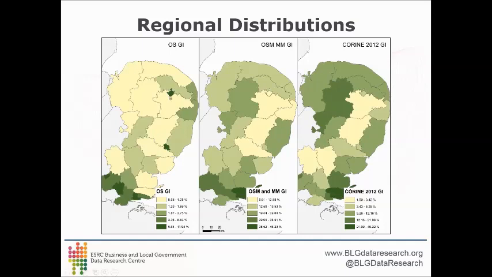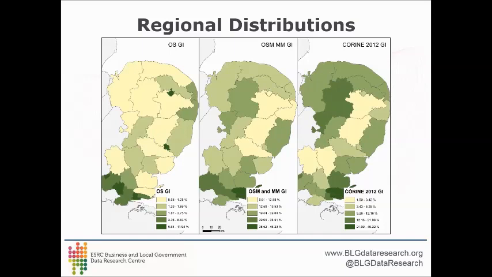It picks out the city of Norwich, the city of Ipswich, and some of the quite built-up areas in southern Essex around London. The other two maps, the Corine and the OpenStreetMap and MasterMap Blend, are much more strongly geographically